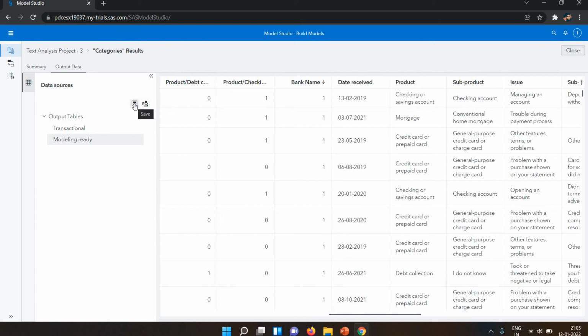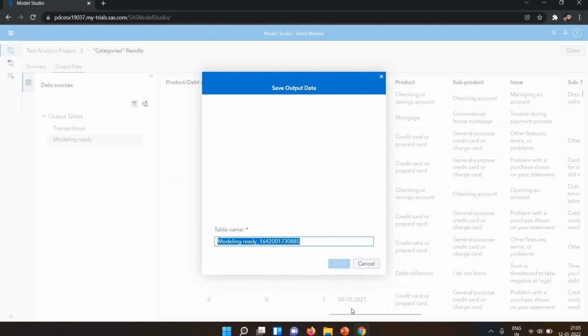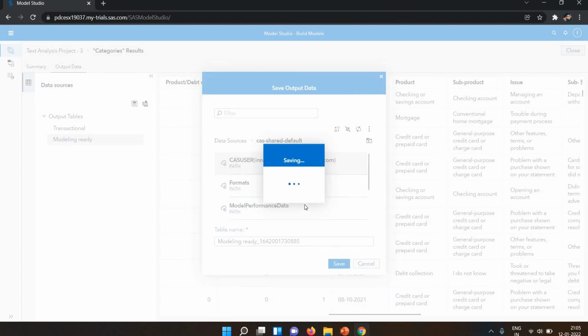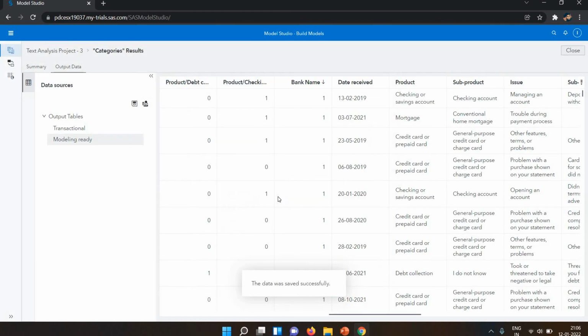If you want to download this data, save data, you need to click on this save. Okay, save output data. If you want to save in the cache, I click on the cache. Okay, it says user data, so I saved it in my drive, then save. Okay, so now my data is saved. Because if your data is saved, you can use it anytime. And if you want to create a visualization directly, you have to click here, explore and visualize. Okay, so you can create your visualization.